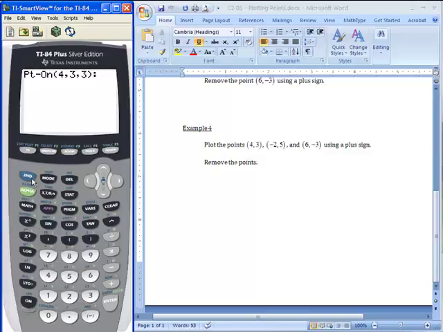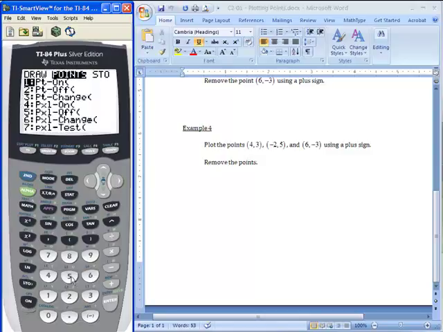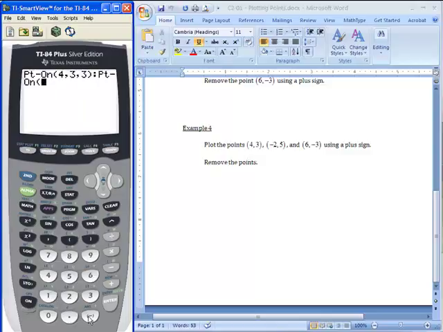Now let's enter the second command. We need to go into the Draw menu again. Cursor over to the Points submenu. Choose option 1, Point On. This point is the point -2, 5. Then we want a plus sign, so we're going to need to tell the calculator comma 3 to get that plus style up there. Close the parenthesis. We're done with that command, so we can press alpha and decimal or period to get another